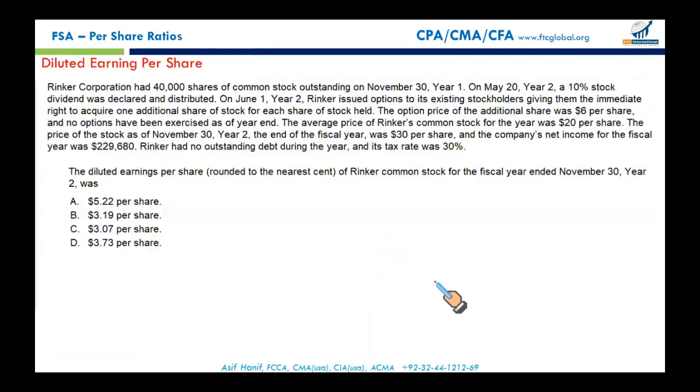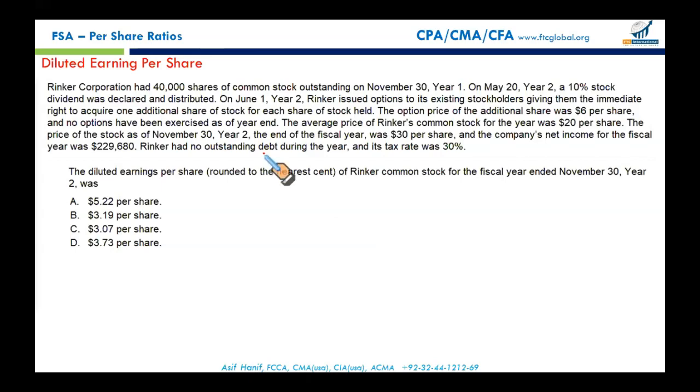This is the basic earning per share, and you're most likely to be tested on the basic earning per share. I have added a few questions which are not available in the latest version of the GLIME, just to make the idea clearer. How diluted earning per share is calculated when there are convertible bonds, when there are options. So please try to make some sense out of it. Even if it is not examinable, I want to make sure that you know how to calculate the diluted earning per share in different situations.